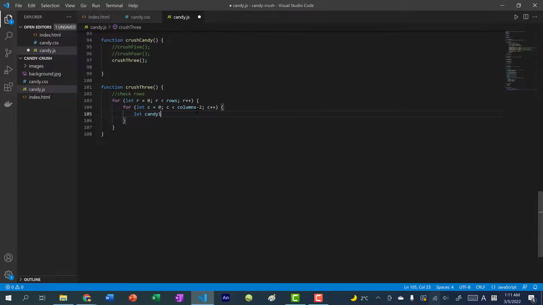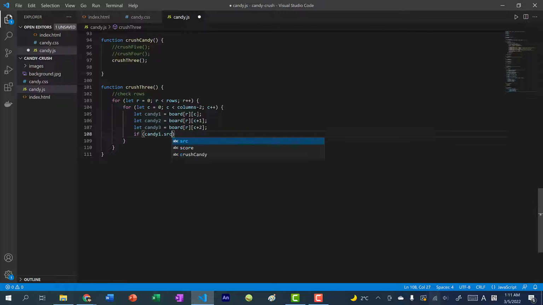So let candy1 equal board of r, c. Let candy2 equal board of r, c plus 1. And let candy3 equal board of r, c plus 2. So in here, I'm going to check to see if their image sources are the same. And if so, we're going to crush the candies. So if candy1.source is equal to candy2.source, and candy2.source is equal to candy3.source, and not